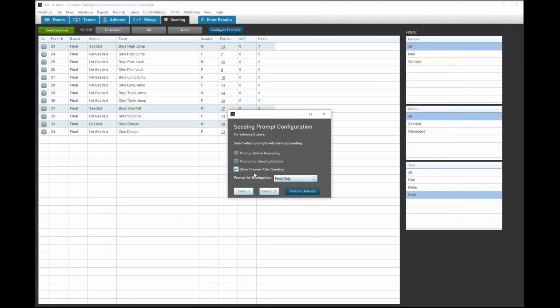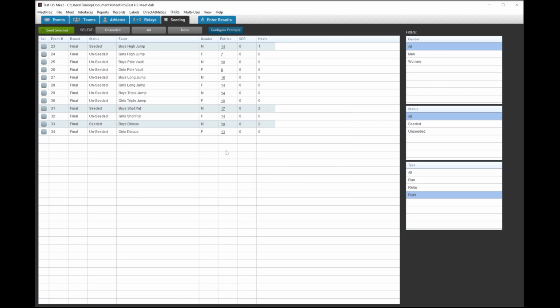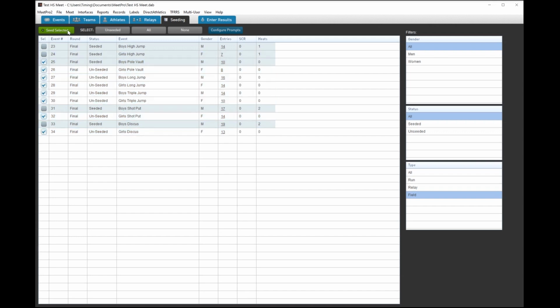But now I'm going to come back in, and because everybody else is within range, 16 is a little bit high, but everybody else is within range of saying that we're just going to go straight through with one single flight for all of these events. So I'm going to select unseeded. That's a filter selection. So I can select all and it can reseed, but I'm just going to select the unseeded ones. And I turned off the preview, and so we're going to seed selected, and it's just going to roll through really, really quickly and seed everybody up into one flight